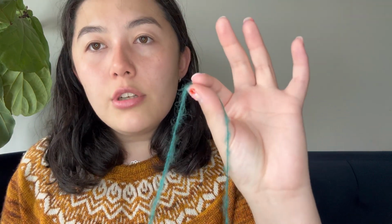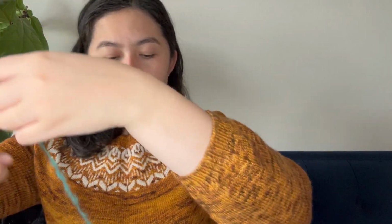So here is their Suri. I feel like their Suri is extra fluffy, and then just their normal sock base. So yeah, knitting it on US size 10 needles, and that's really it. I'm not super worried about the gauge. And yeah,